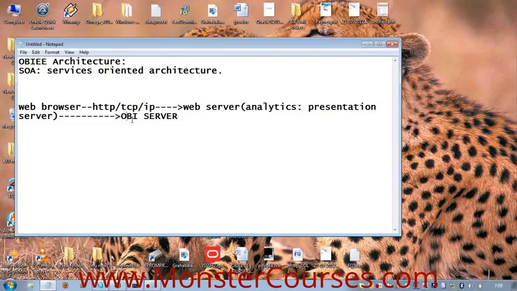The web server communicates with the Oracle BI server using a default ODBC driver. What is that? A default ODBC driver. You know ODBC, Open Database Connectivity. It uses a default ODBC driver